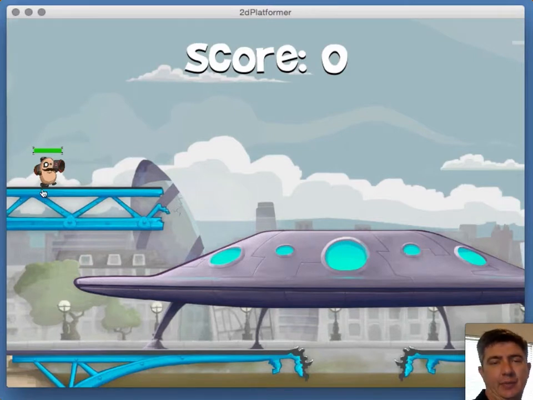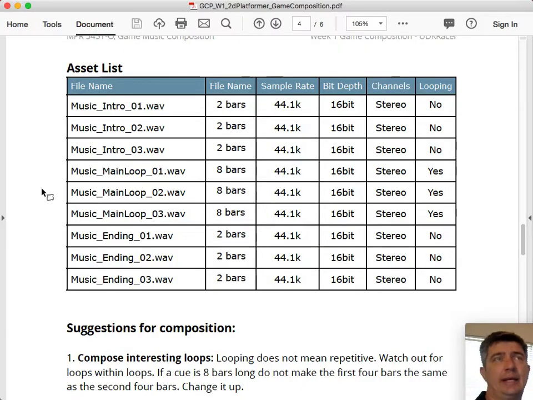And the computer looks at the code, and it says, all right, there should be 3 intro files. They're named music underscore intro underscore 01.wav, 02.wav, 03.wav. They have to be named exactly like this. They're going to be 2 bars long. They're going to be formatted like this, and they're going to be set up in a particular location.